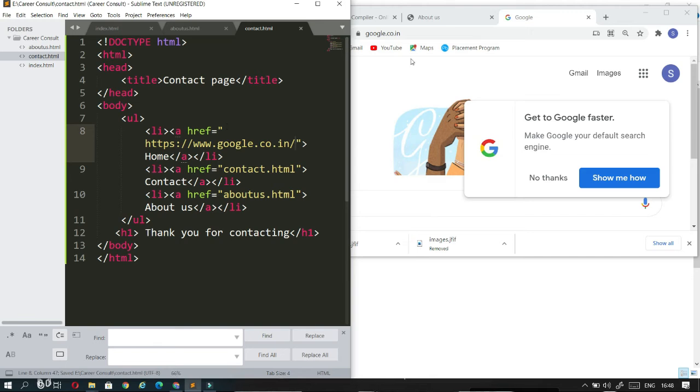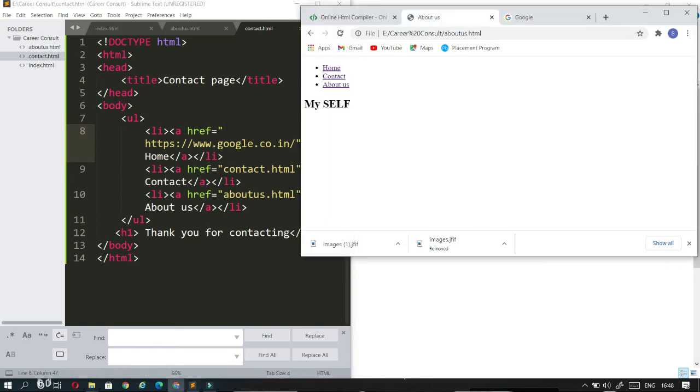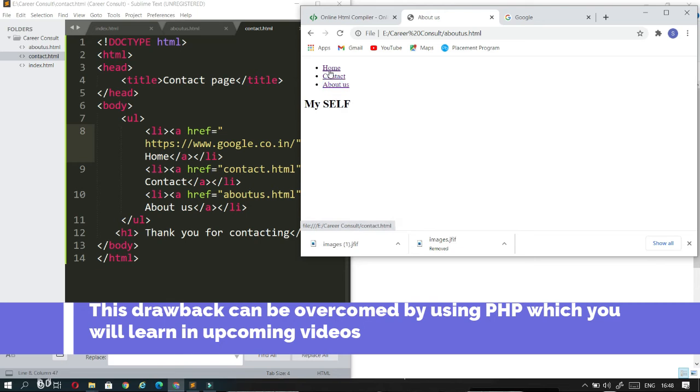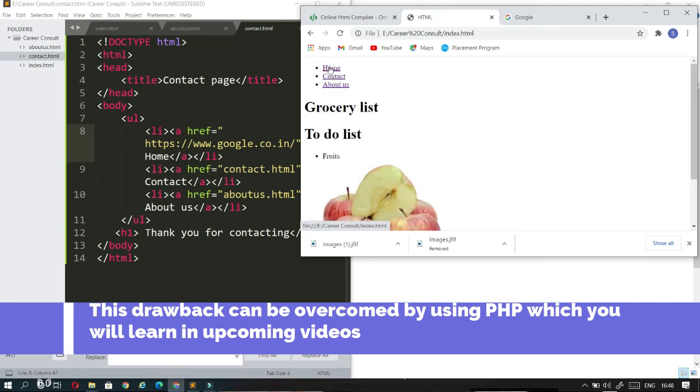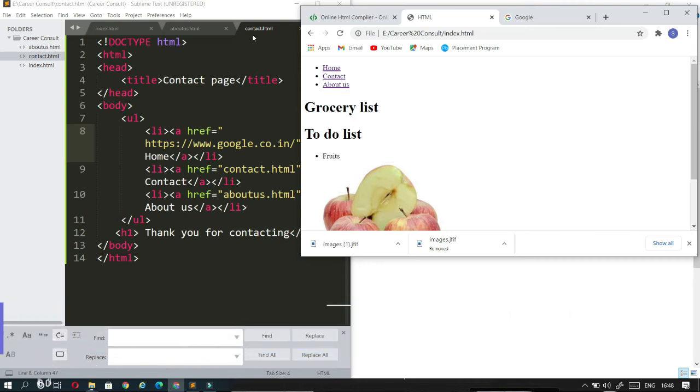I have edited and updated that in the contact.html. If I go to the contact.html and click the home page, it will go to Google. You can see here it has gone to Google. If I go to the about us page and click home page, it will come to the home page only, because I have updated that only in the contact.html web page.